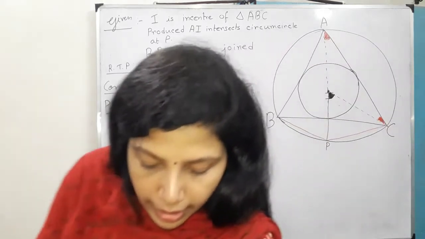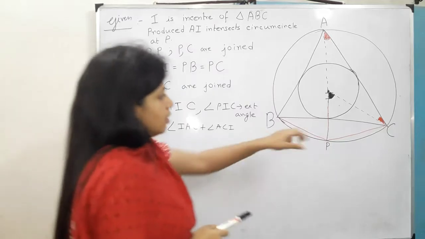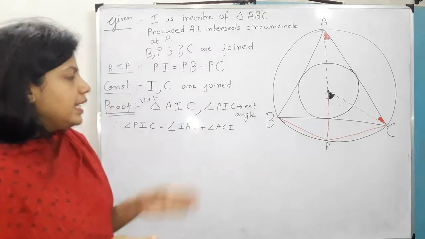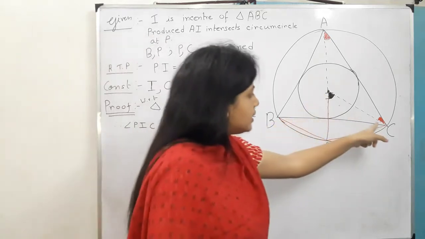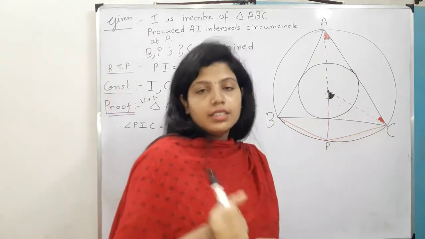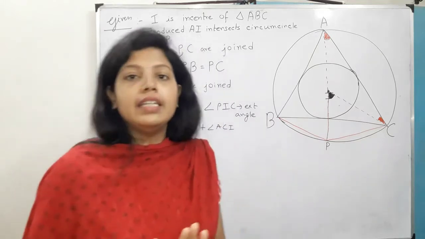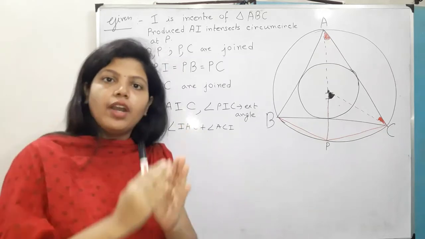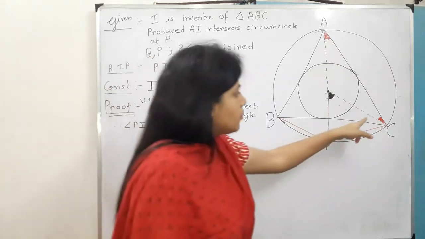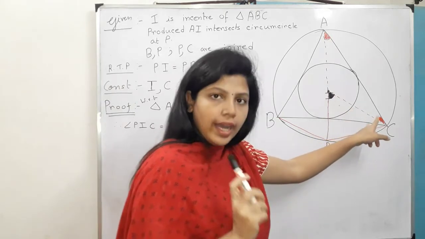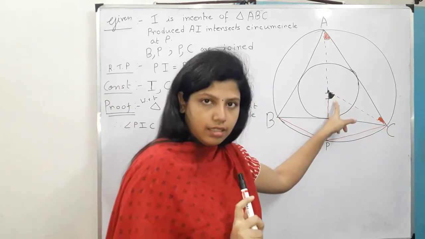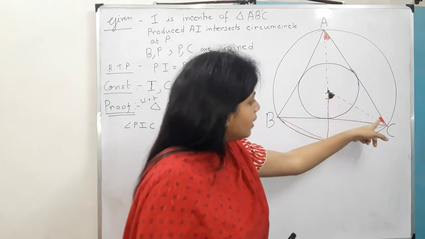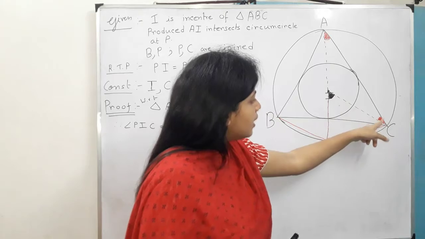Now one more thing I will say. Since I is the incenter, do you know that in case of incenter, that one is the angle bisector? Just try to memorize how you have drawn the incircle. First you drew the angle bisector, then you joined all of them. So this one is the angle bisector. Why? Because I is the incenter. That is the reason. So if this is the angle bisector, we can say that angle ICA is angle C by 2,